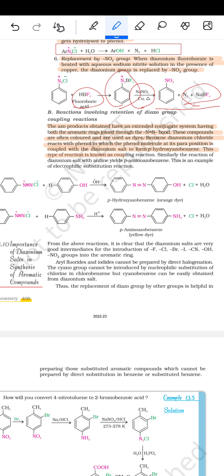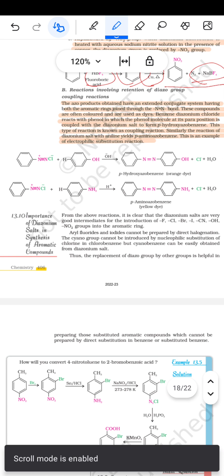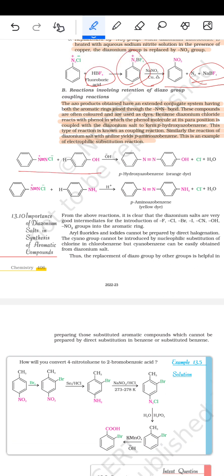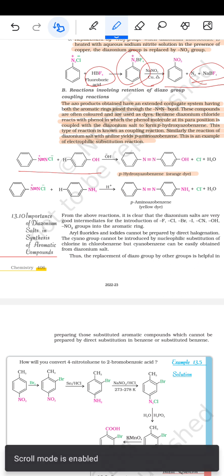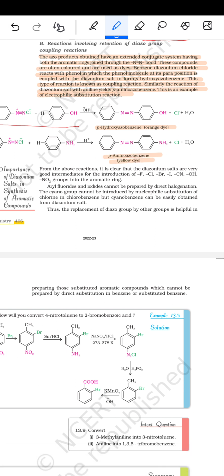This type of reaction is known as the coupling reaction. Similarly, the reaction of the diazonium salt with aniline yields the para aminoazobenzene. This is an example of the electrophilic substitution reaction. जैसे इसमें रिएक्शन करवाएं तो इसमें बन जाएगा पैरा हाइड्रोक्सी एज़ोबेंजीन, जिसको ऑरेंज डाई कहते हैं। उसके बाद फिर ये करवाएं तो यहाँ पर बन जाएगा पैरा अमीनोएज़ोबेंजीन, जिसको येलो डाई कहते हैं।